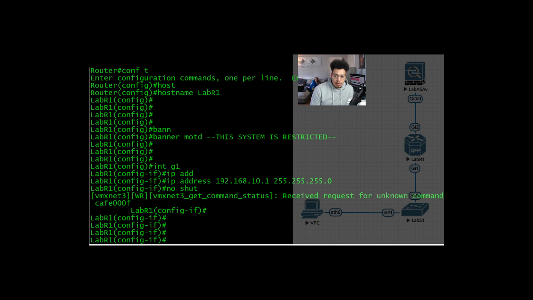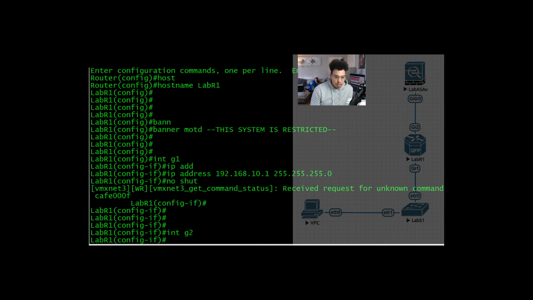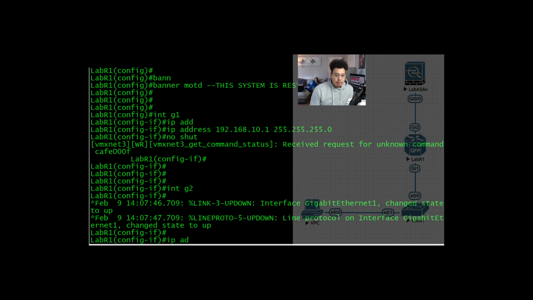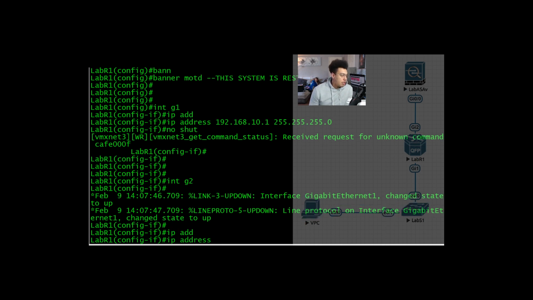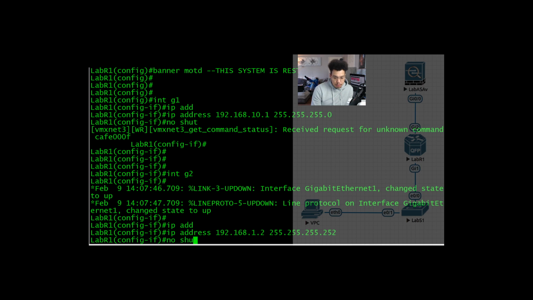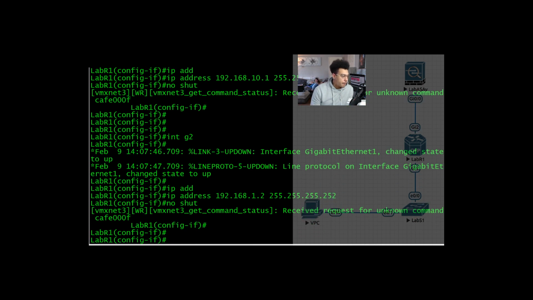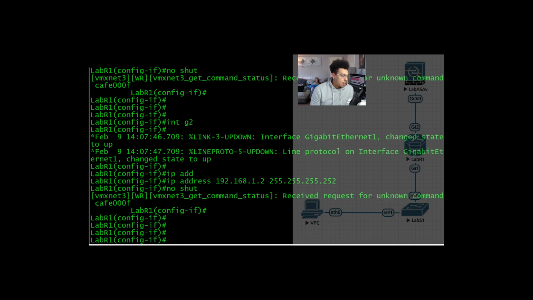And then we'll configure, in my case, interface gig 2, IP address of 192.168.1.2, and this is a /30 (255.255.255.252), and again we'll issue the no shutdown on that. And then we'll move on to